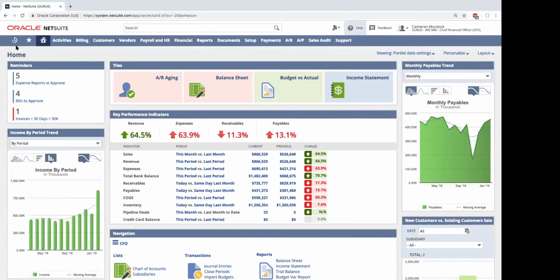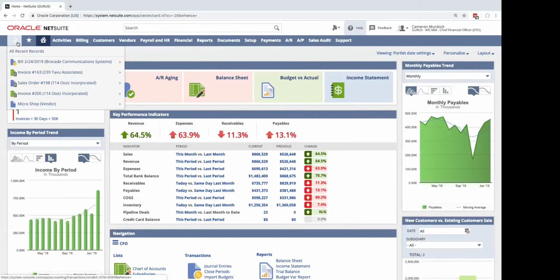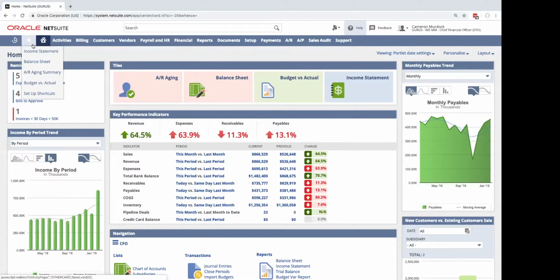The next bar here is the navigation bar, and it starts with the recent records breadcrumb trail. So whether I want to review a recently accessed bill or invoice or sales order, I can do it from here. The next would be the bookmarks list, which is also configurable by the end user, so I can change this myself even after administrators have given me access. See, the income statement and balance sheet are similar to these dashboard tile shortcuts I see here. And I'm on the home dashboard right now. Within this, I also can set my own preferences, which is the ability to change things like how lists look, or how reports look, or how a dashboard might look, for instance.